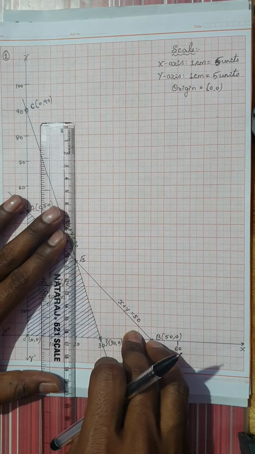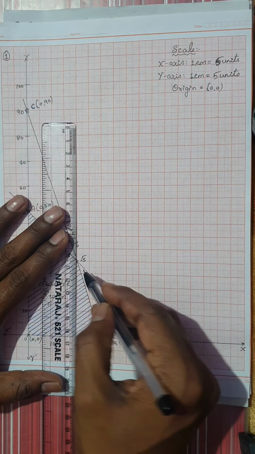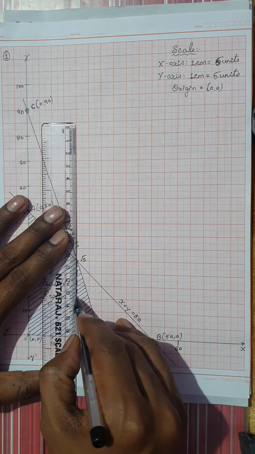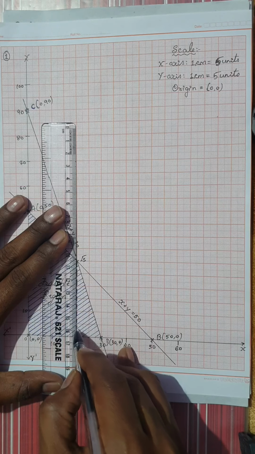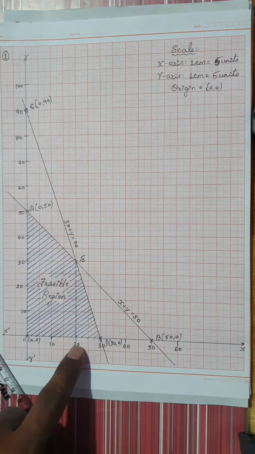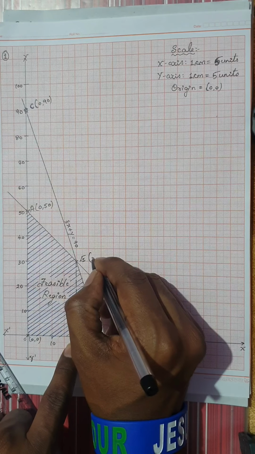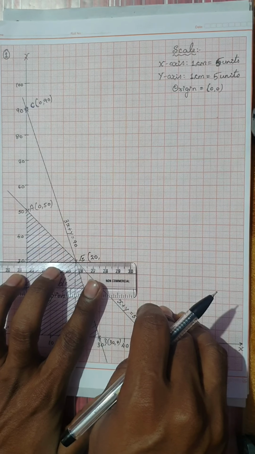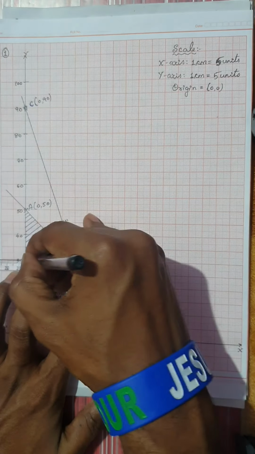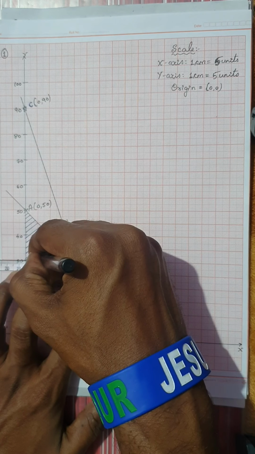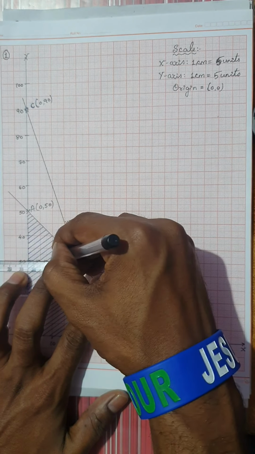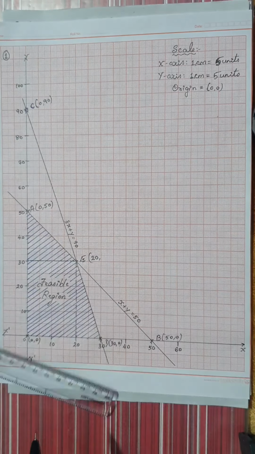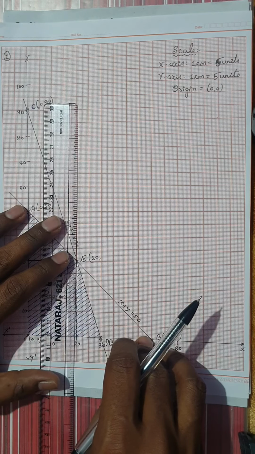How will you get it? Take a point here, and from that point draw a line perpendicular to the x-axis. This would be the coordinate of x, that is, this is 20, comma. Similarly, from that point draw a line perpendicular to the y-axis. You can see here I am doing it. I am drawing a line, just taking a dotted line, or else you can take a full line itself. You can see there.